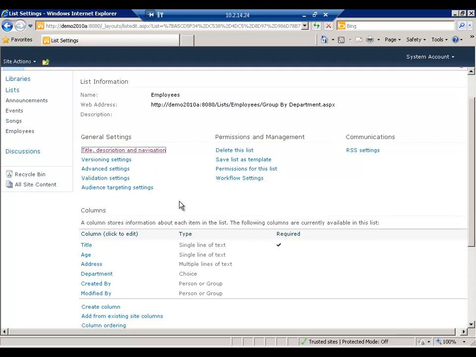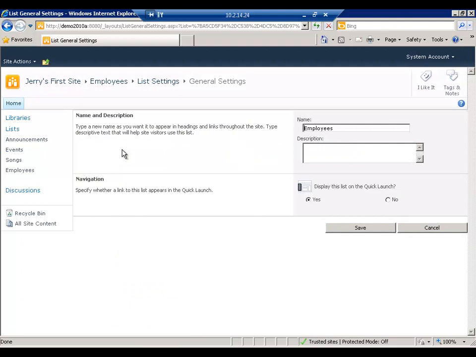General settings consist of five major settings of a list. The first has something to do with the UI, or title and description, and your ability to show it on the quick launch. And the second one is versioning. Versioning allows you to start the versioning settings. So let's go and first take a look at the description and